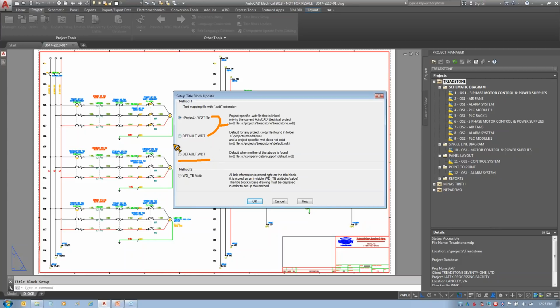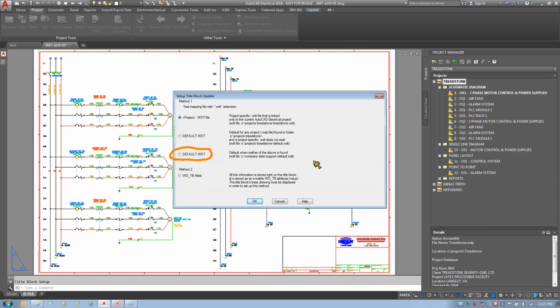This one here is for my title block on my network that's going to be used the majority of the time in the projects. So this is the one we're going to use first. These two options are for unique title blocks in those projects. The only difference between the two is the name of the file. Both are inside the project, but the file name is different. So I usually don't use this one just because it's the same name as this one, and I don't like to be confused. I usually use this one or this one for the simplicity of making it easier to see the difference. We're going to start with this one,